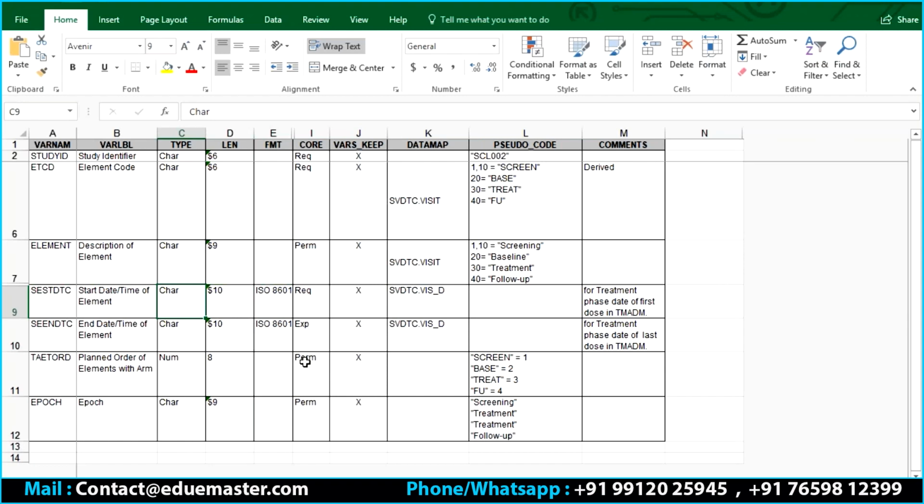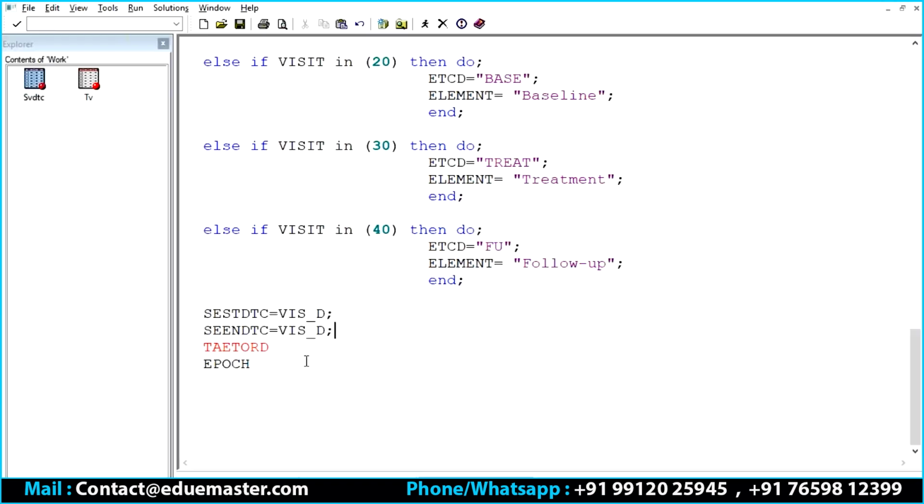data type is character data type. So how do you convert a numeric value to a character value? Making use of the put function, right? So right here, put of vis underscore d comma YYMMDD 10 dot. Okay, put of vis underscore d comma YYMMDD 10 dot. Okay, now